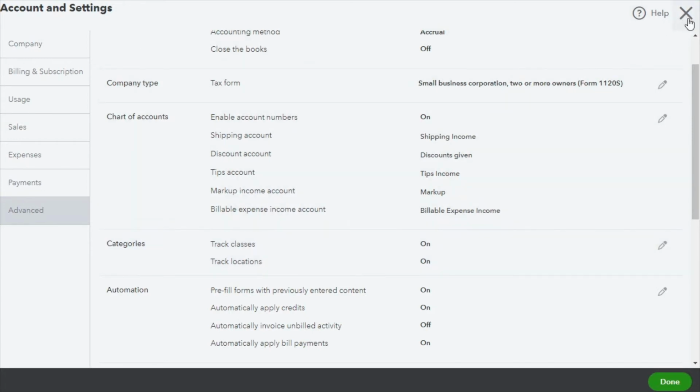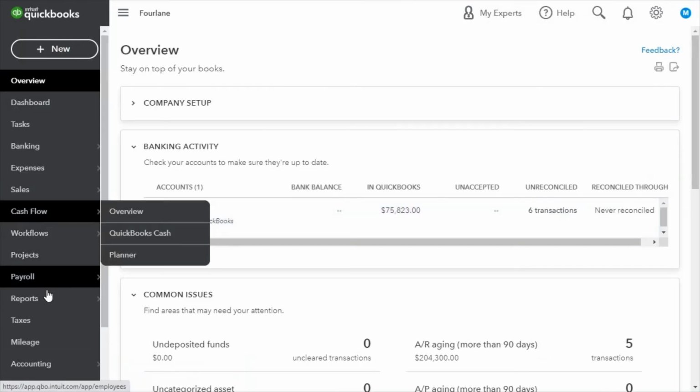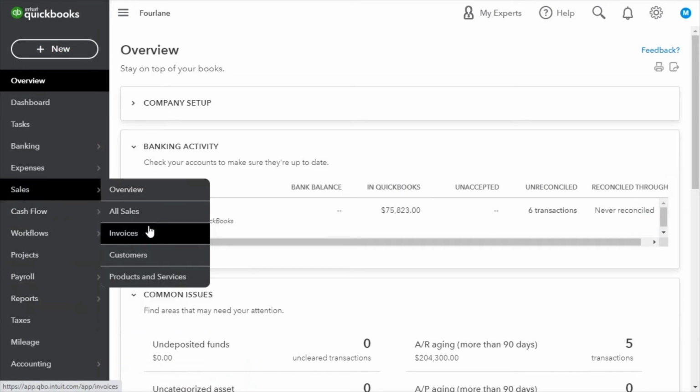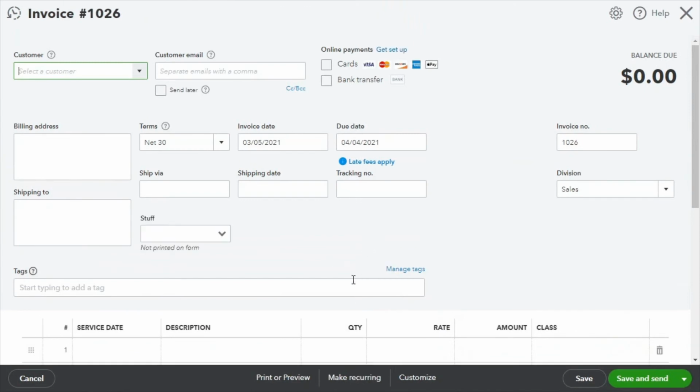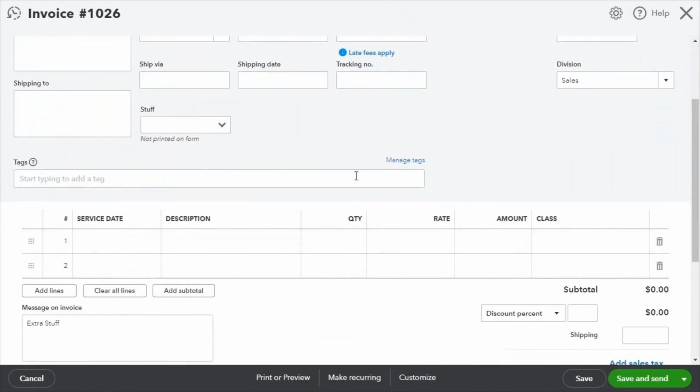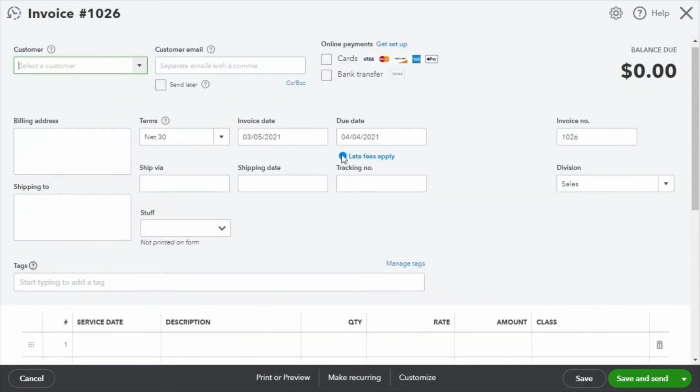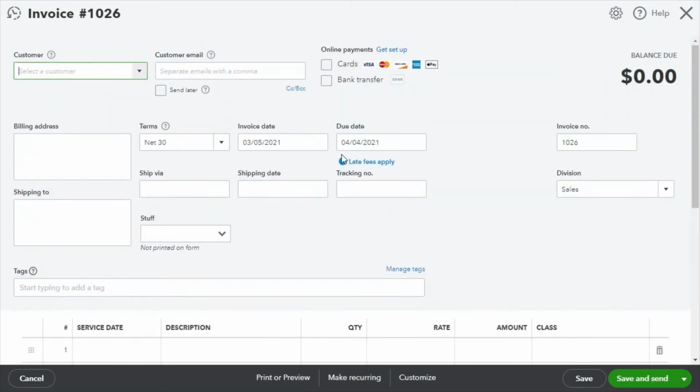So let's go ahead and take a look. We'll go into classes in some other videos a lot more and how the reports look. But now that we have them turned on, let's look at what it looks like on an invoice as an example. Okay. Now, these do not just show up on invoices. They show up on the bills. They show up on the item receipts. They show up on journal entries. We'll take a look at a journal entry type transaction here in a second.